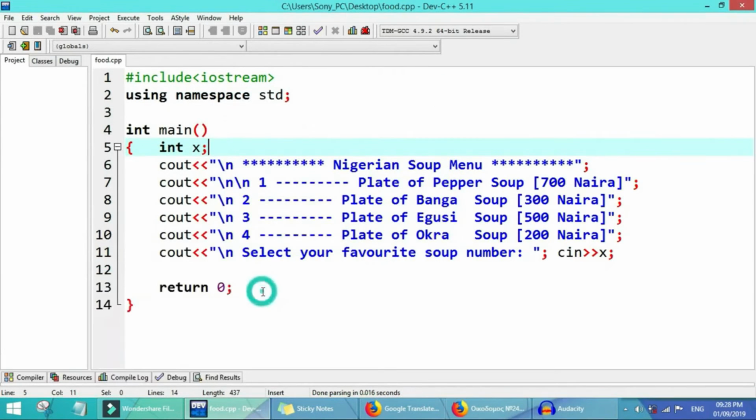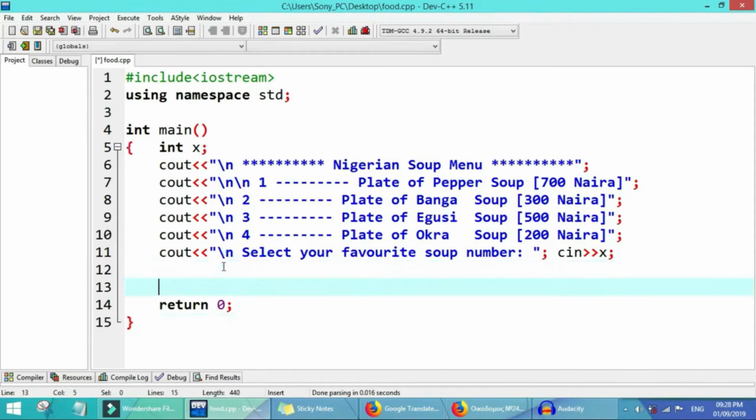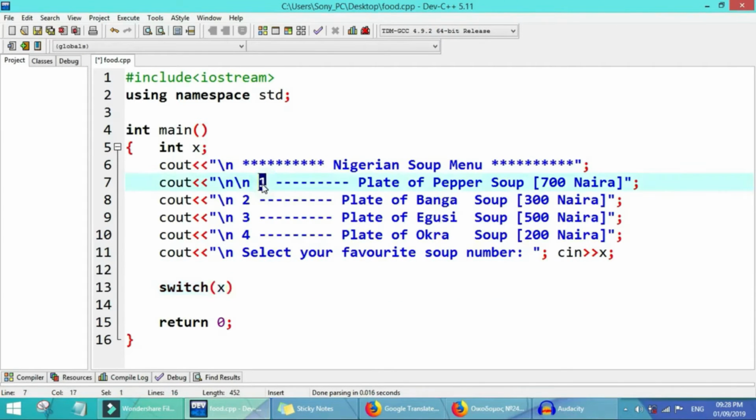So now we go introduce our switch command. We go switch between those options. So we go say switch, we want switch the x. That is, the x represent this number, just as I say the number now integer.